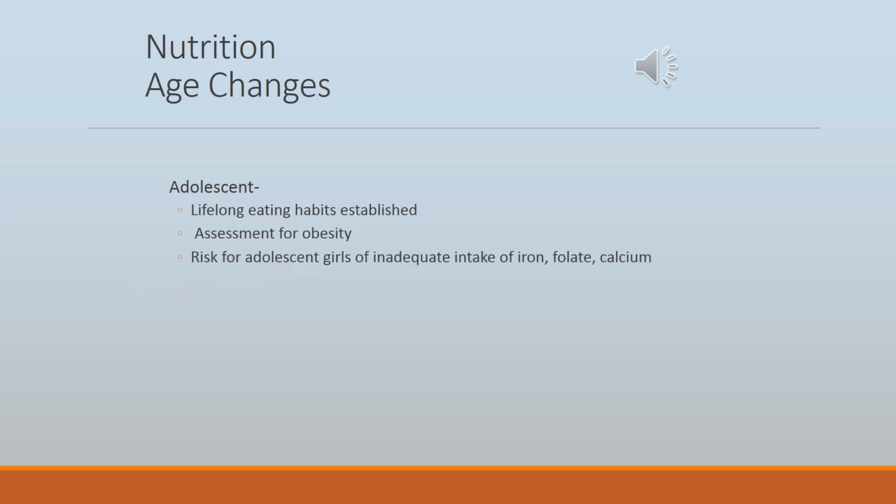In nutrition, it's important to consider lifespan considerations. Adolescence is a time of critical growth and when lifelong eating habits are established. Nutritional assessment is particularly important during this time period. It is vital to assess for obesity in adolescents to prevent complications from obesity as they enter adulthood. Adolescent girls are at a particular nutritional risk because iron, folate, and calcium intakes are below recommended levels, and they are a less physically active group compared to adolescent males. Adolescents with other nutritional disorders such as anorexia and bulimia have a better chance of recovery if these disorders are identified and treated in the adolescent years rather than adulthood.